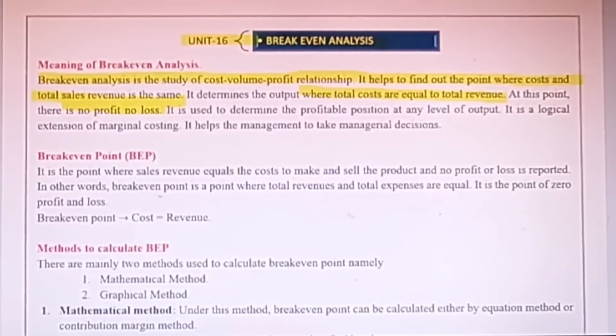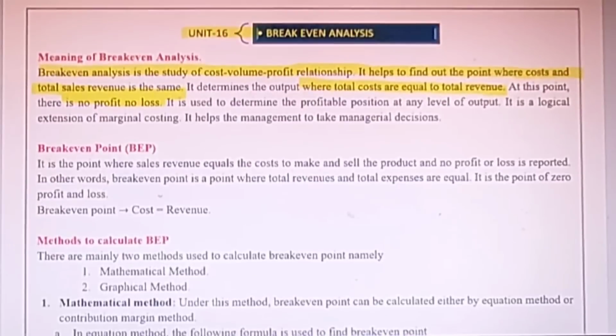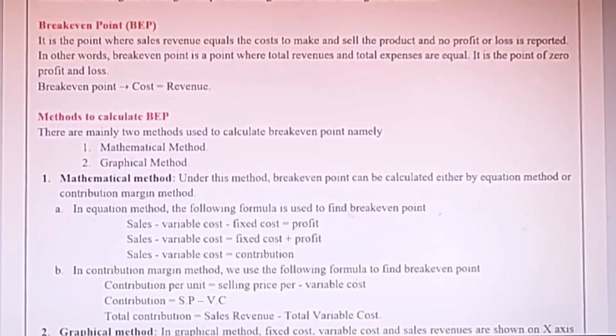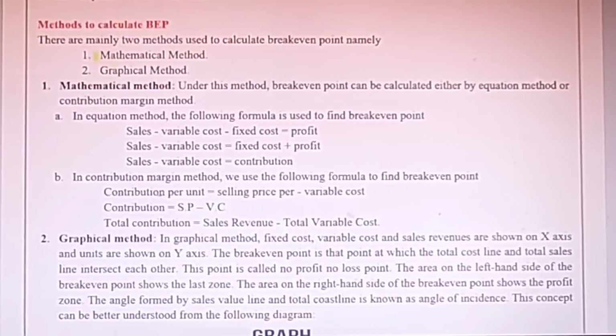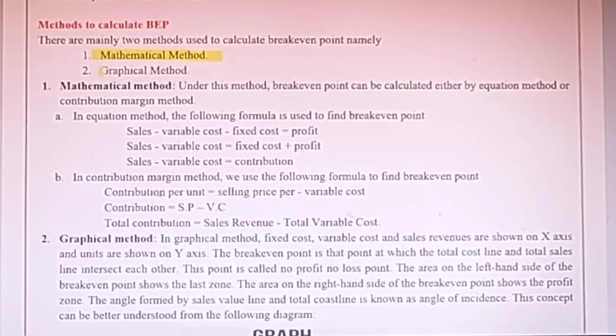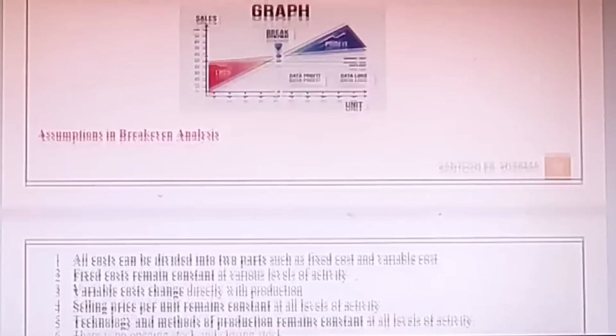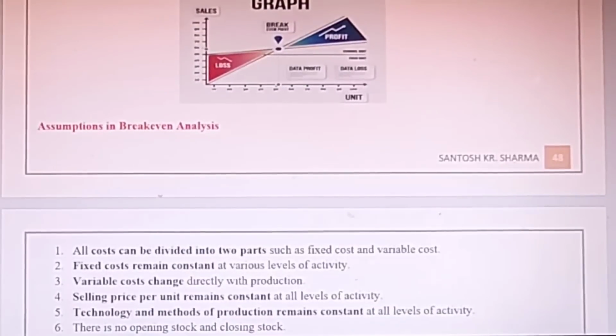Okay. Then we can also define a break-even point. Break-even point is a point where cost is equal to revenue. That means no profit, no loss. And there are two methods to calculate BEP, that is mathematical and graphical. Basically आपको numerical मिलेगा BEP से. Always आपने अगर previous years के question paper देखे हुए हैं तो you get numericals on this. You can draw this flow chart